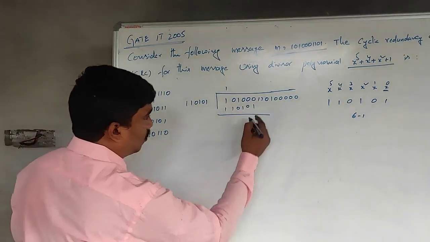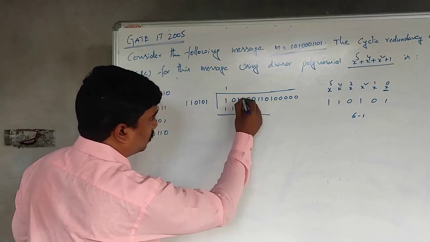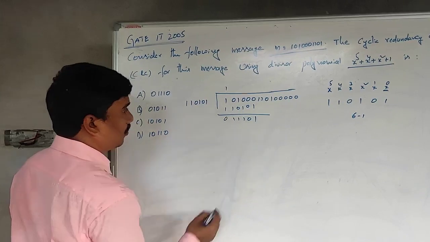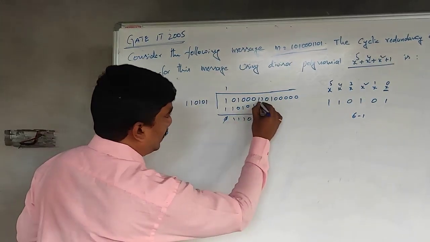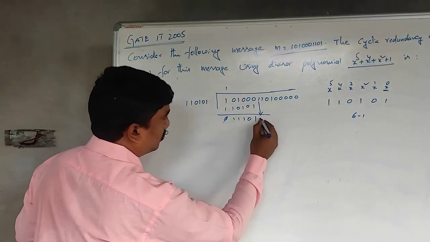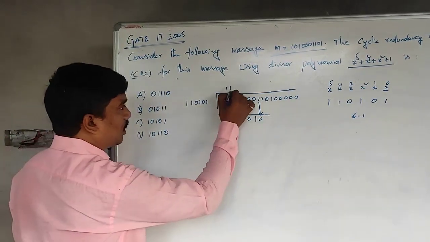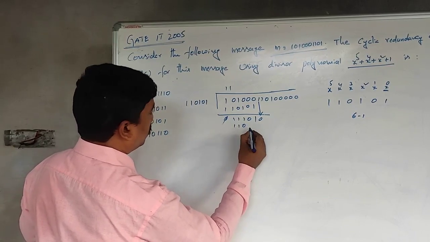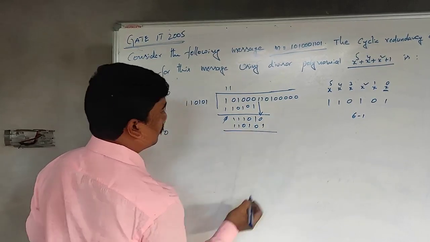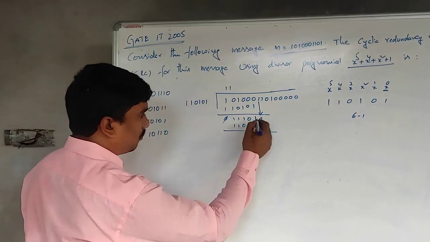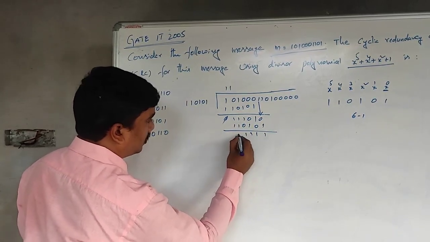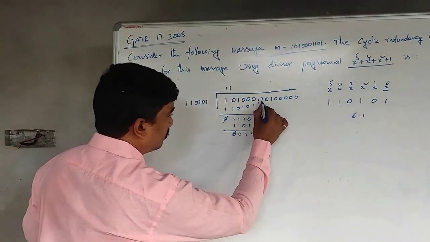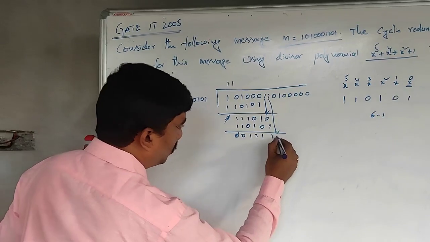So, coming to here: 0 1, the value is 1; 0 0 0; 0 1 1; 1 0 1; 0 1 1 and 0. Simply cross it, and one bit should go down, right. So, again one time 1 1 0 1 0 1, similar fashion 1 1 1 1 0 0. Simply cross the leftmost bit, and one more bit goes down here.